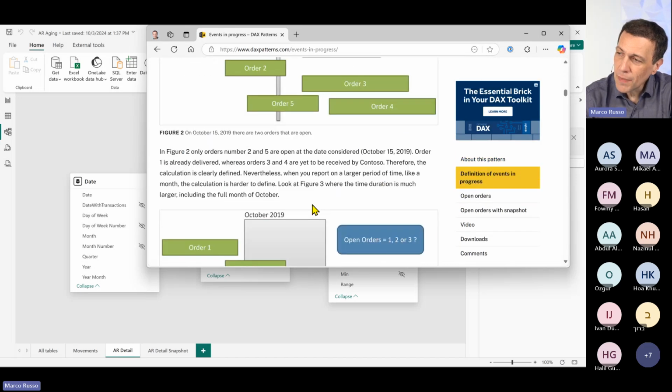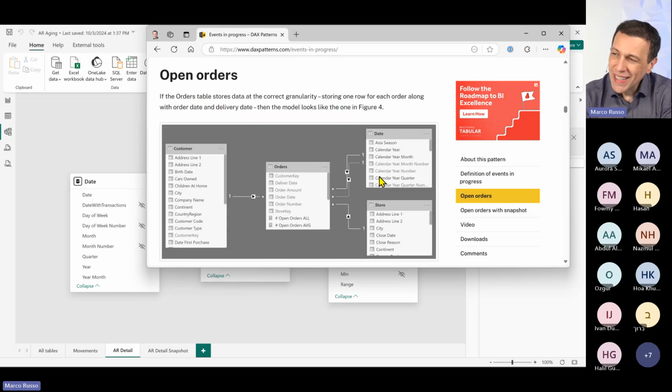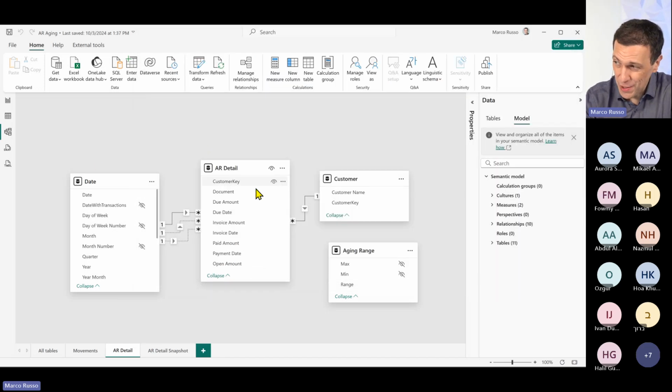Basically, I'm moving to a very common pattern where I have a list of events with a start date and an end date. In this case, it is due date and payment date. We want to analyze the intermediate state of these events, in this case how many orders were open. Events in progress means that we want to see the state of an event in progress: open orders, due payment, and so on. So in this case, AR aging.